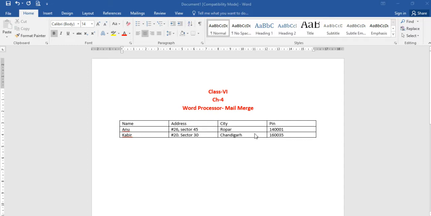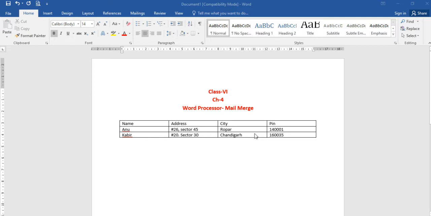In business as well as in official matters, it is often required to send letters with similar information to different people. So changing the address each time would be a very long process and a waste of time and effort. The mail merge feature of Microsoft Word is used to combine a data source, which contains the addresses of all the recipients, with the main document. It saves our time and energy when sending letters to multiple addresses.